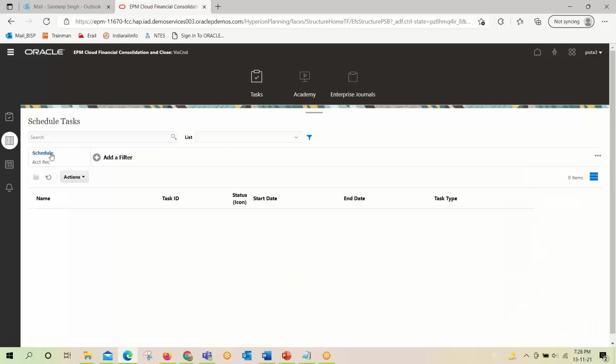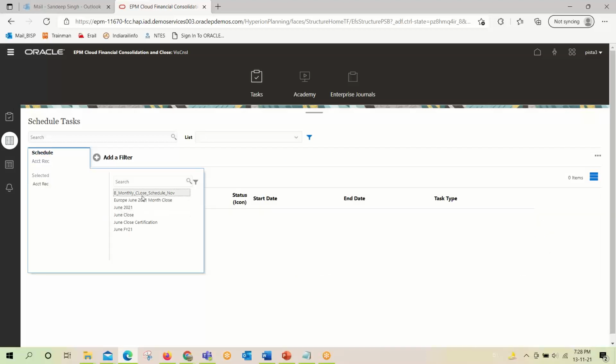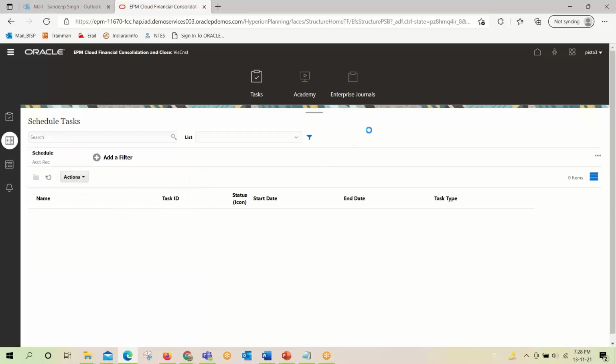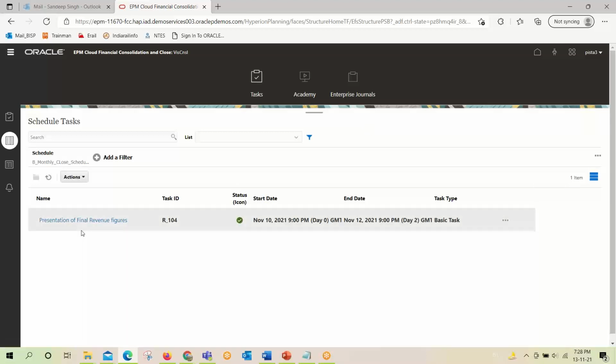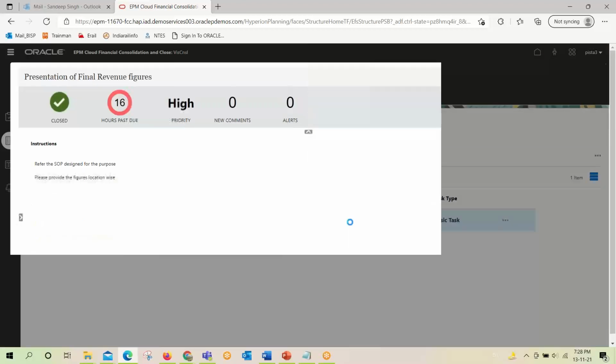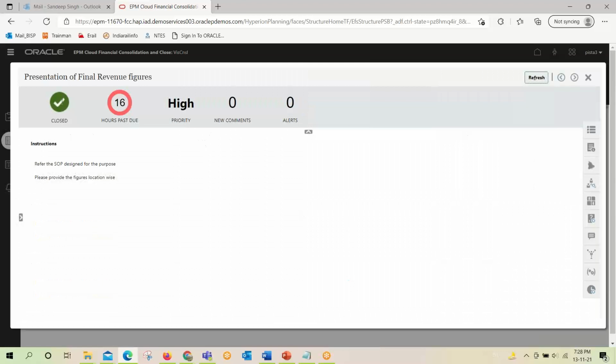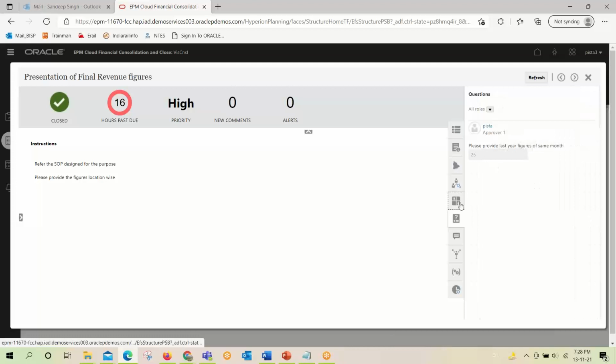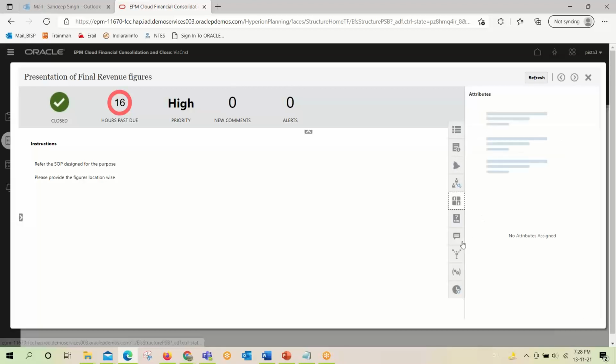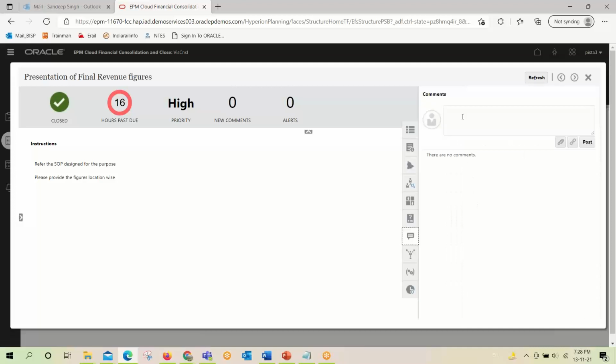Yes, we have assigned the viewer only for this task ID 104. He can only see the progress and where it is pending or what is going on. So he cannot change or modify anything.